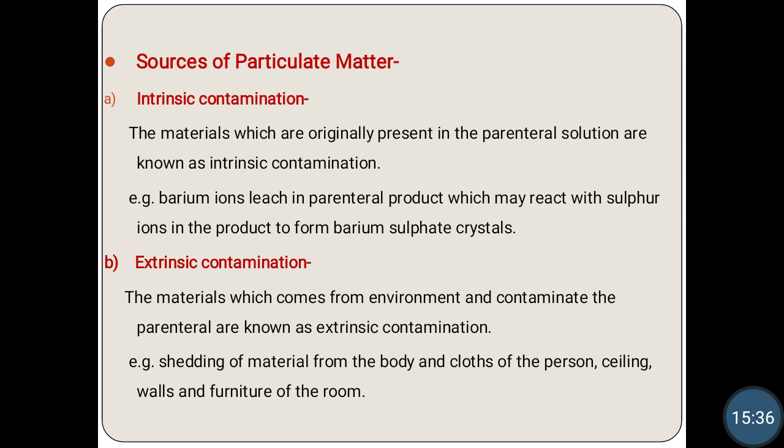The next are the extrinsic contamination. The material which comes from environment and contaminate the parenteral are known as extrinsic contamination. For example is the shedding of material from the body and clothes of the person, ceiling, walls and furniture of the room. Okay, as its name indicates, extrinsic contamination म्हणजे काय, जे काही बाहेरनं किंवा आउटर सोर्सेसमधून जे काही पार्टिकल्स